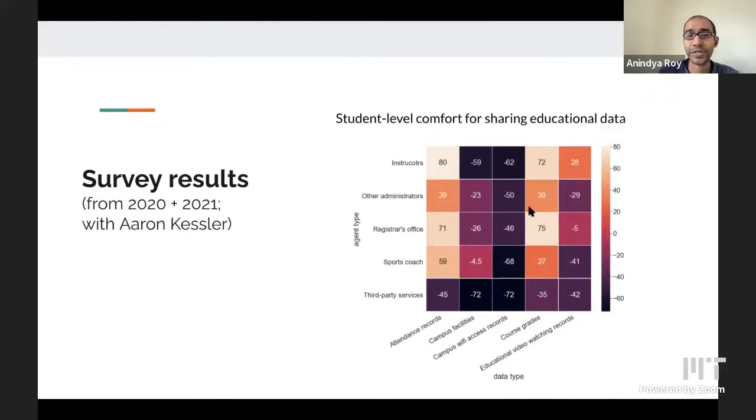But then there are other trends that are very interesting because, for example, students don't really want their campus Wi-Fi access records or campus facilities access records to be shared with third-party services.